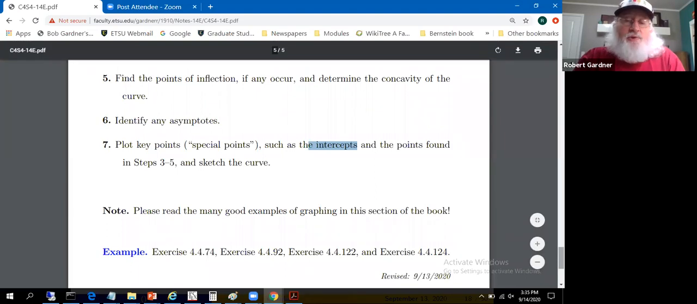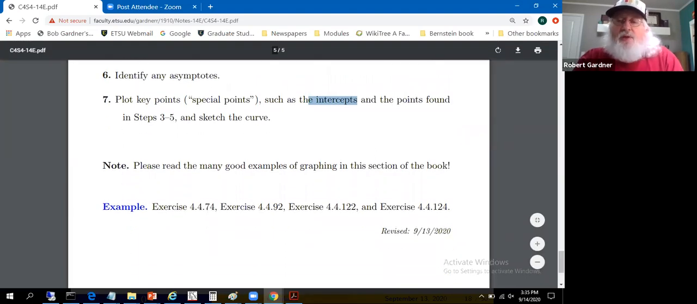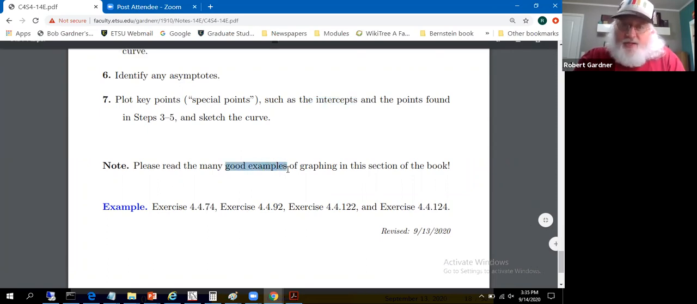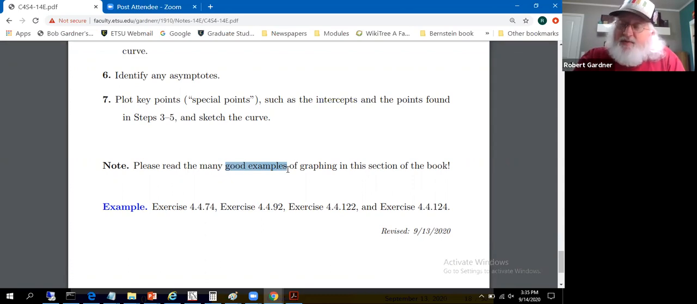Let me encourage you to read that extremely expensive book. There's lots of good examples in the book of graphing and following these steps. I've intentionally done none of the examples in the book. I've just worked exercises. All right, so speaking of,